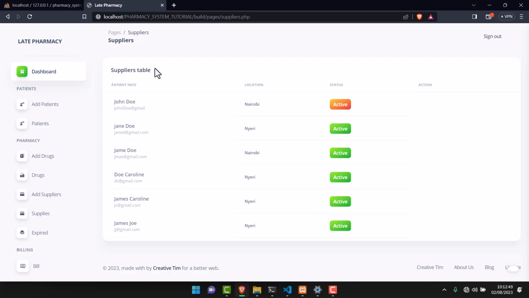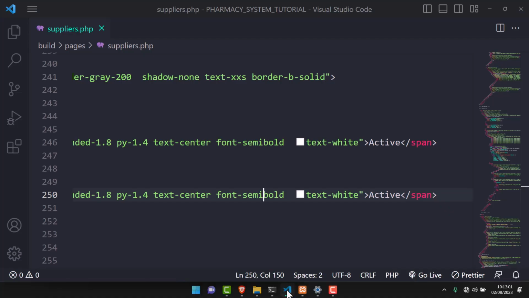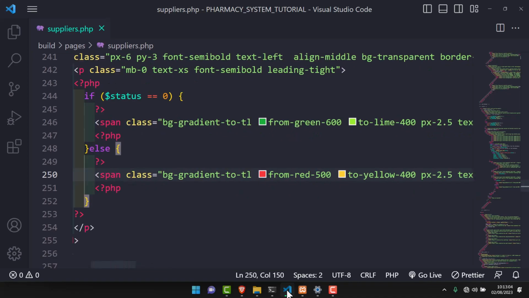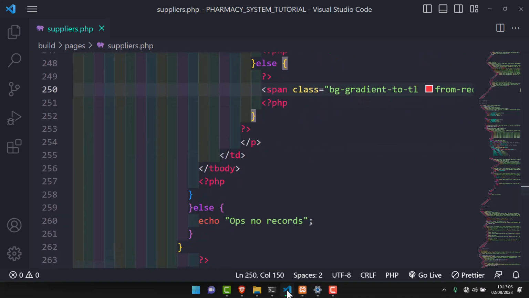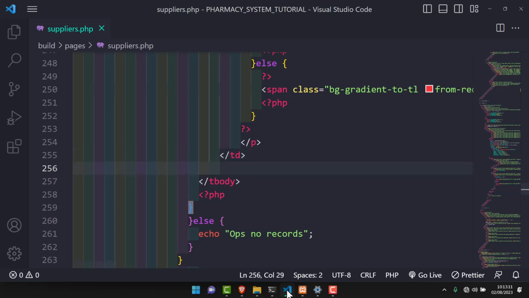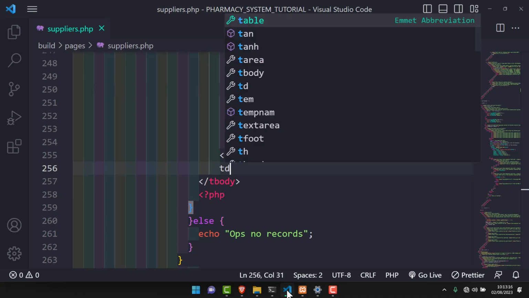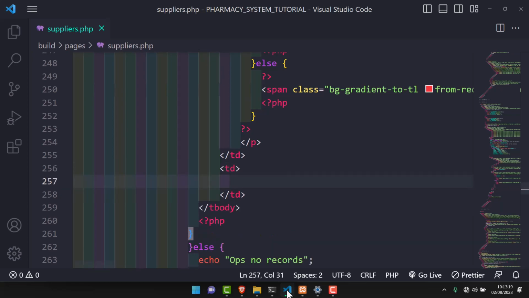So that's basically what we'll be doing. And so we will just go to our table here, and if I go back to Visual Studio, we're going to add another TD here. So I'm going to add another column, so TD. And so now within this TD, it's where we are going to have this button that will be activating and